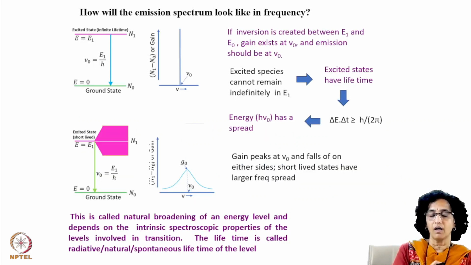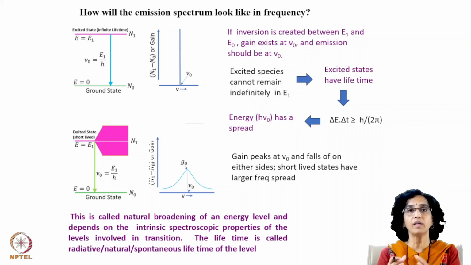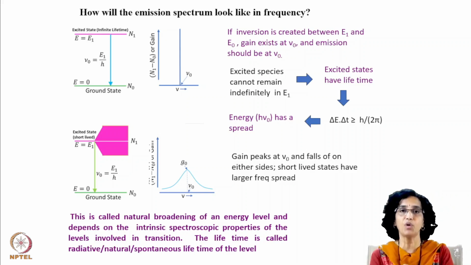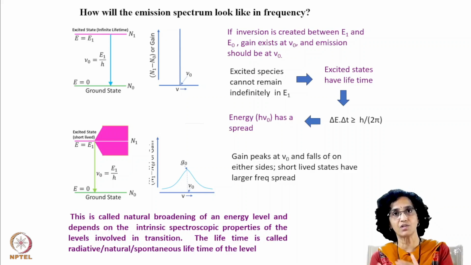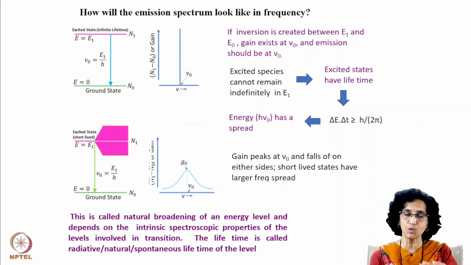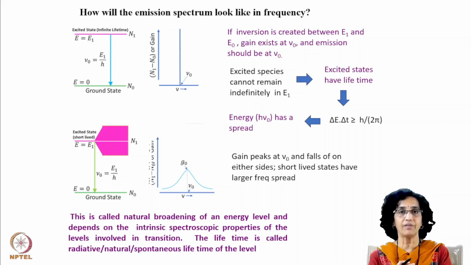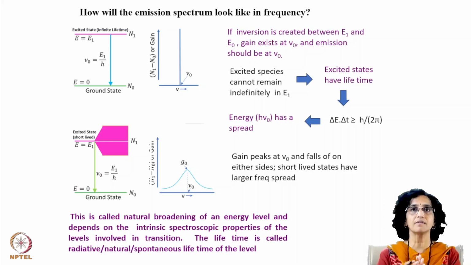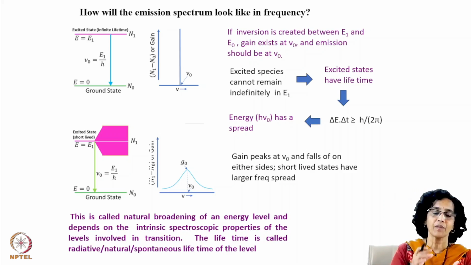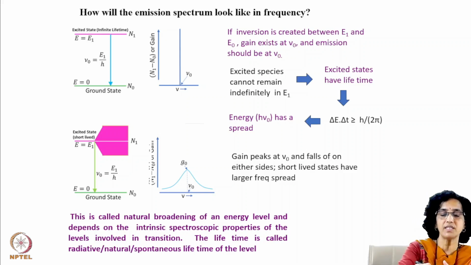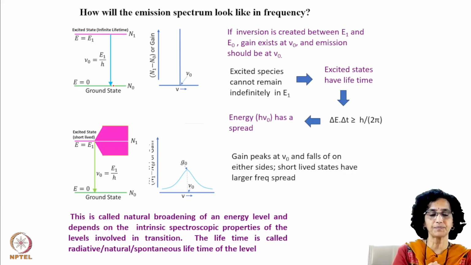Now, before understanding how we can actually get the kind of spectrum that we want from a CO2 laser, or what kind of output it will naturally give rise to in terms of spectroscopic content when it is in a free running mode, let us try to just understand a little about how an atom or a molecule which is in the excited state, when it comes down, what kind of a spectrum it gives.